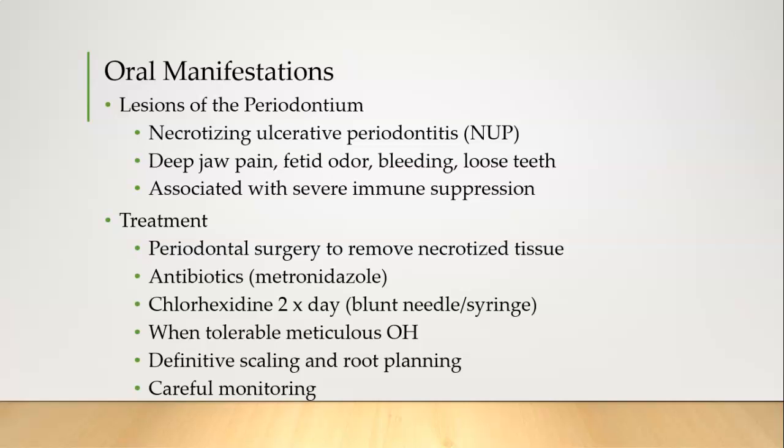Lesions of the periodontium, so necrotizing ulcerative periodontitis or NUP: deep jaw pain, fetid odor, bleeding, loose teeth, associated with severe immune suppression. And it's not just seen in individuals with AIDS. I remember one